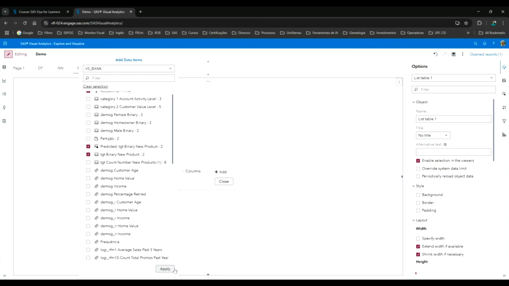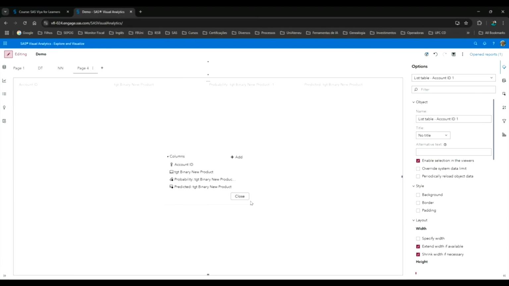Okay, apply. Then I have here the original target and the target, the response of the model. And here the probability.